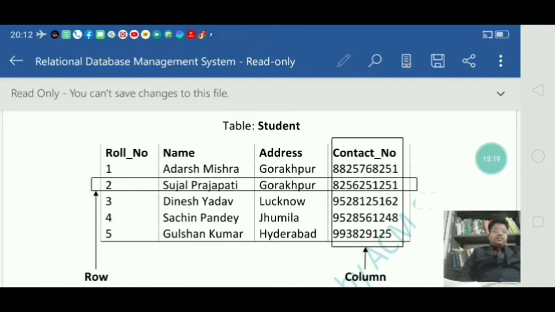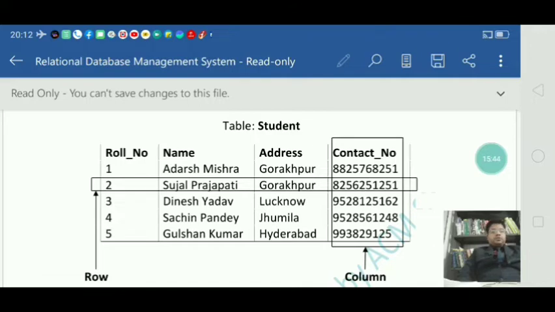Let us come to the second column, that is name. Here also we have unique values for the column name: Adarsh Mishra, Sujal Prajapati, Dinesh Yadav, Sachin Pandey, Gulshan Kumar, all are unique. So through name also we can uniquely identify each record or each entity.